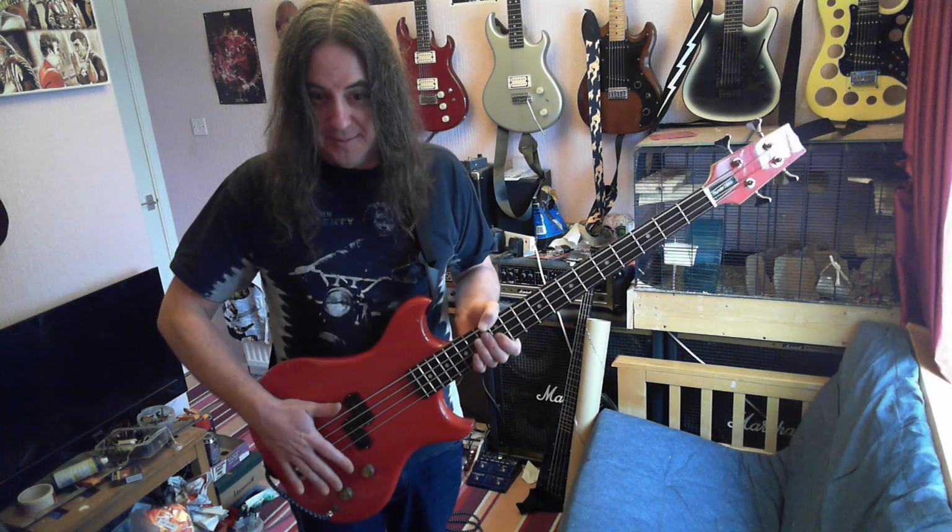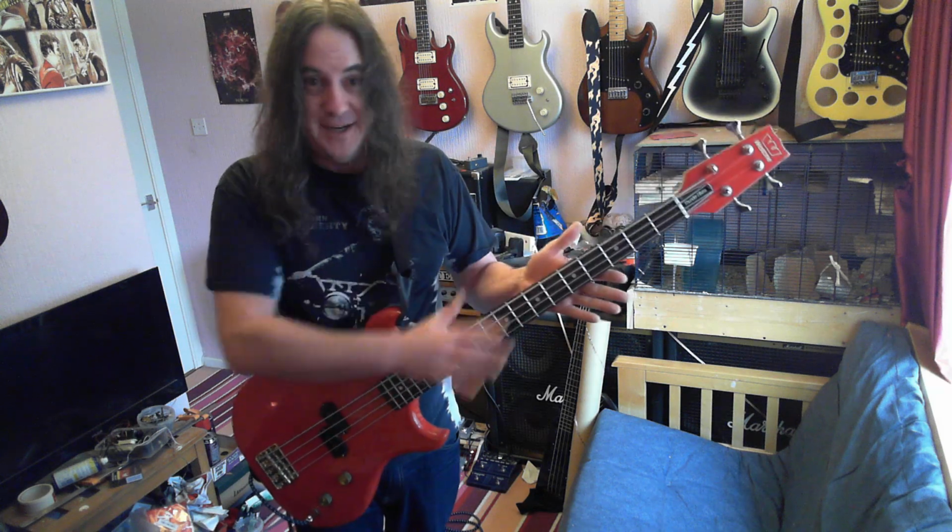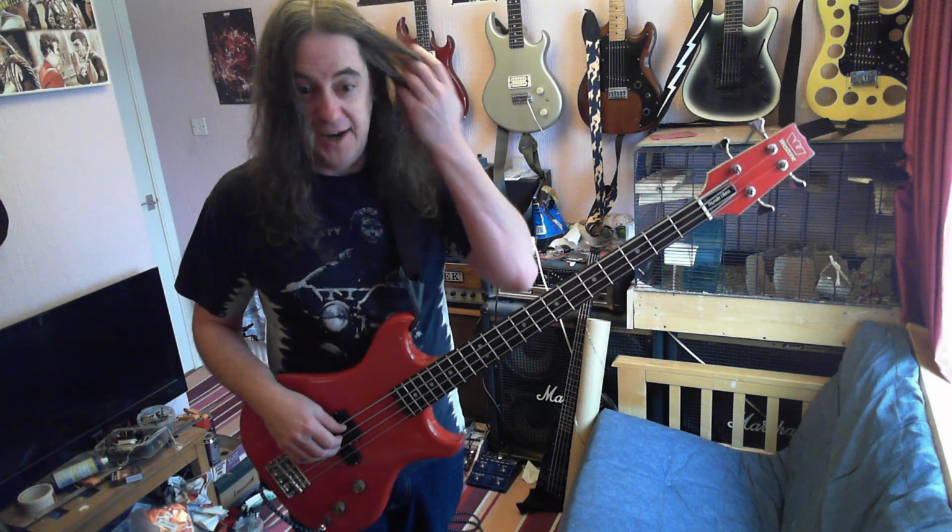So it doesn't have a fancy paint job on it. It doesn't have lots of pickups. It doesn't have fancy fret inlays. It doesn't have bindings or any of that stuff. But what you do have is just the basic bare bones of what you need, and they've kept the quality of that right up, like up higher than, I mean,